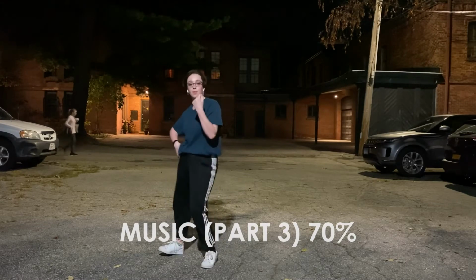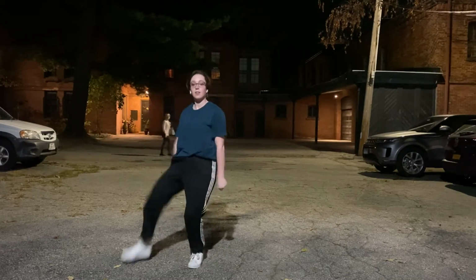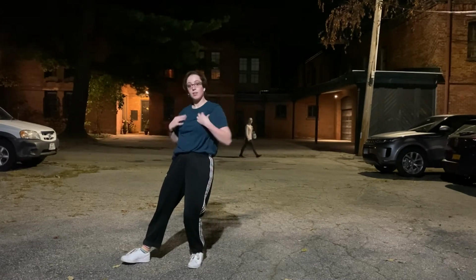Shining through the city with a little funk inside. Light